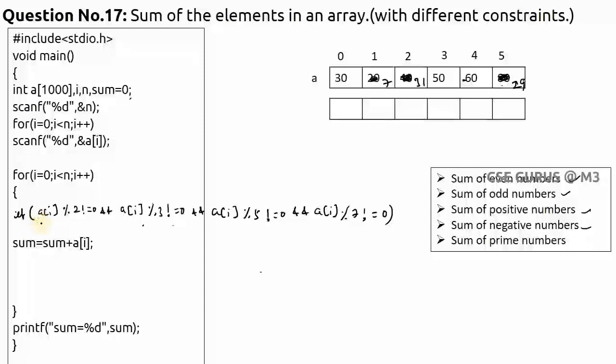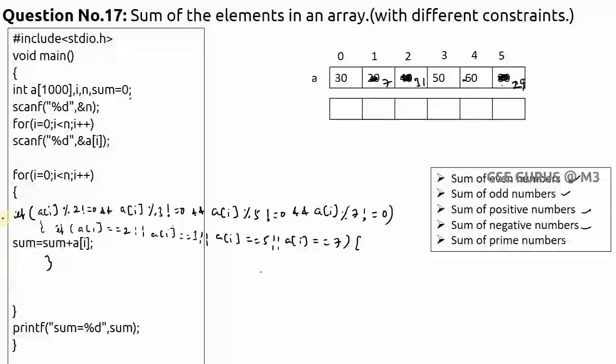You can write one more logic inside: if the number, a of I, is either 2 or 3 or 5 or 7, then also we need to accept it. So like this you need to get the logic for a prime number.